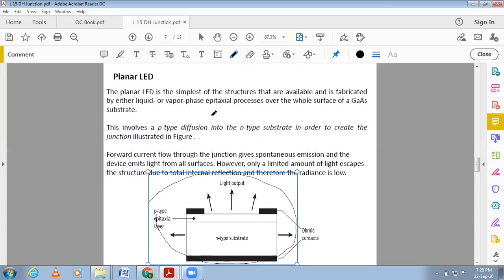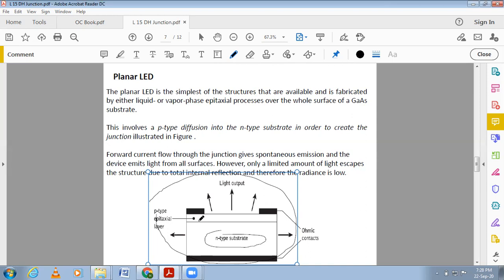This involves a p-type diffusion into the n-type substrate in order to create the junction illustrated in the figure. So in this figure you can see, first we take an n-type substrate and we diffuse a thin p-type layer,